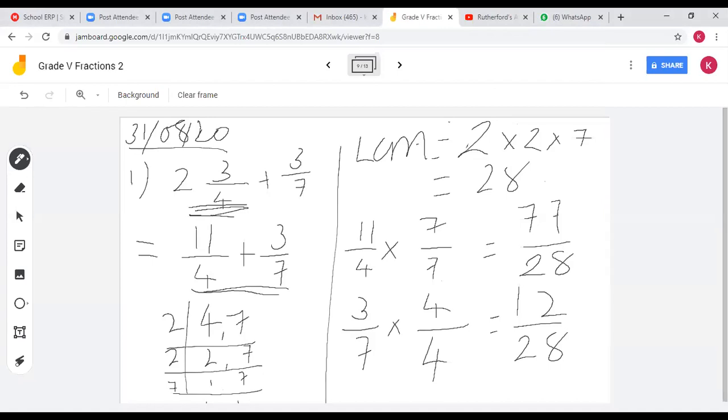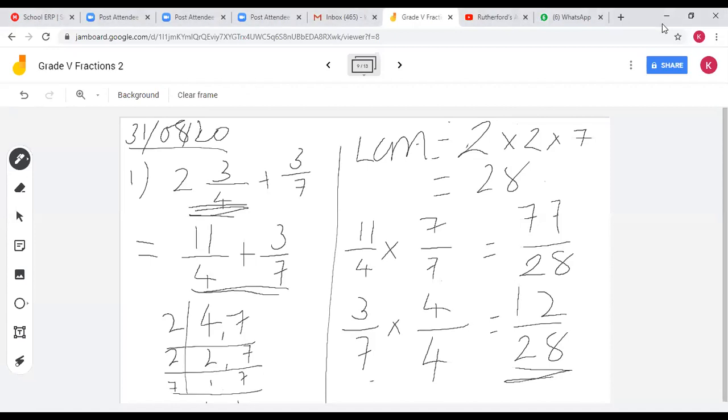What is the question? Sir, but I don't know how the 4 upon 4 will come. We want to make 28. How can we make 7 into 28? 7 fours are 28. Yes or no? Yes. Okay. So we have to multiply the denominator with 4. Correct? Okay. So if you want to multiply the denominator with 4, you must multiply the numerator with 4.